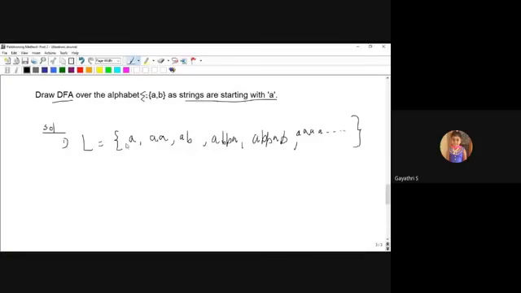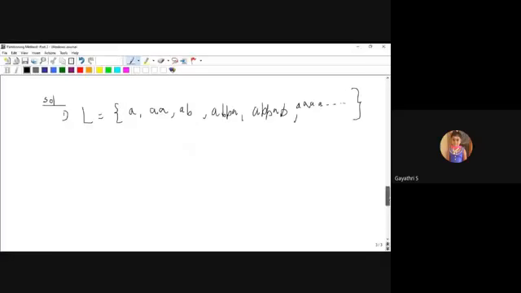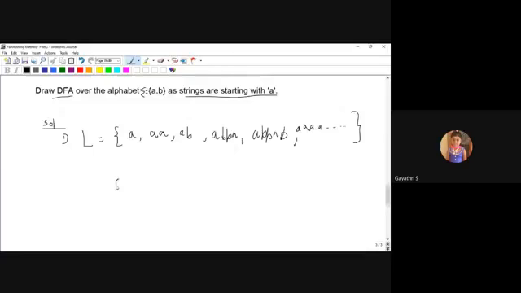So next I'm going to draw the DFA. First the simple string. What's the simple string here? a. So based on a, first you will take a. On receiving a, it moves to the final state. So here you should first draw the DFA for the simple string, starting with a. On receiving a, your DFA goes to the final state. Here A is the starting state, B is the final state.